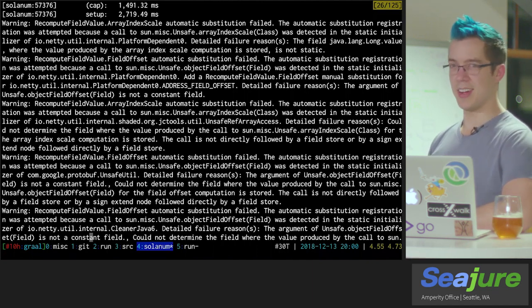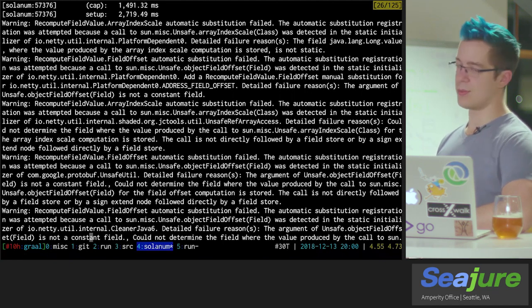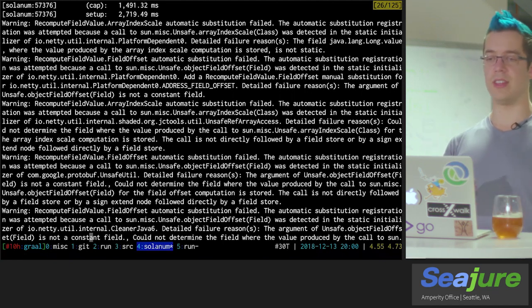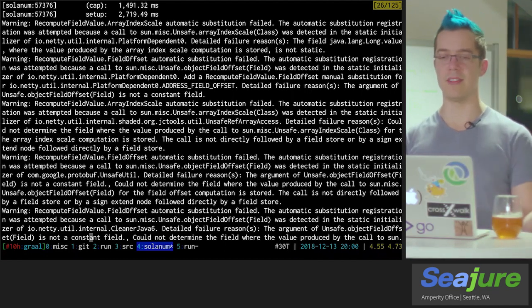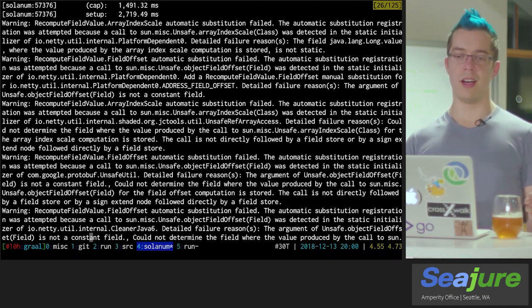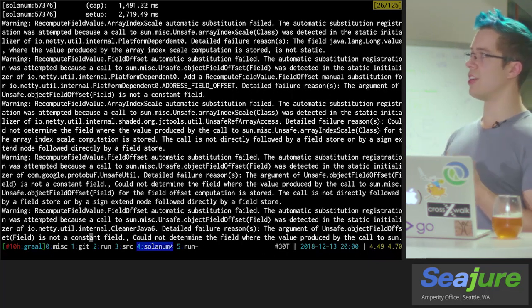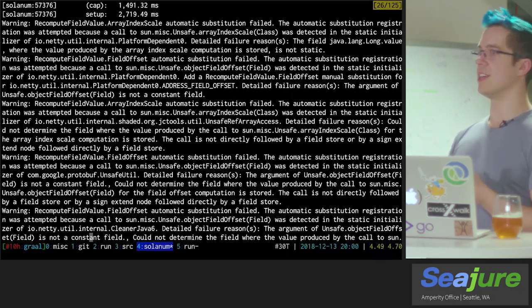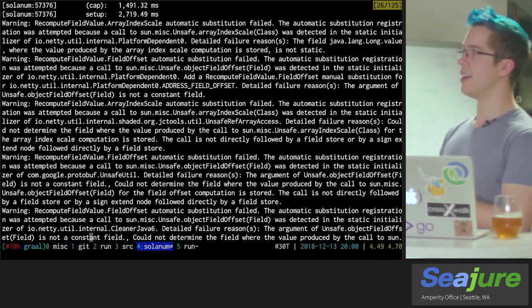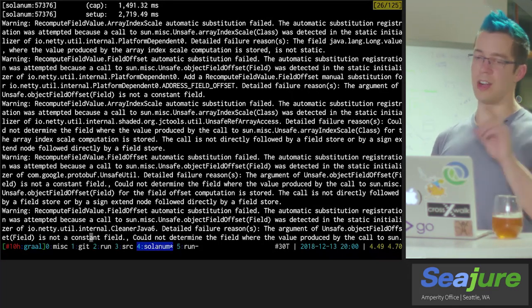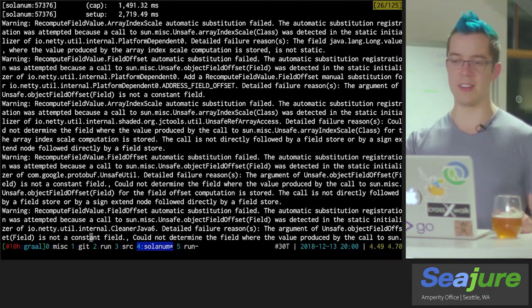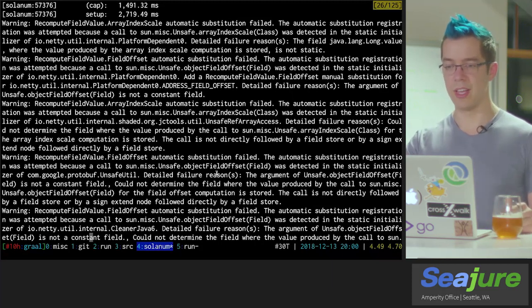Everyone uses it anyway if you need to do something high performance, because what it lets you do is reach into the in-memory representation of a data structure in Java. So if you know, you can ask it, like, at what memory location is this particular class's field offset from the start of this class, and then you can go dig in and pull that thing out directly instead of having to serialize or deserialize the whole thing.